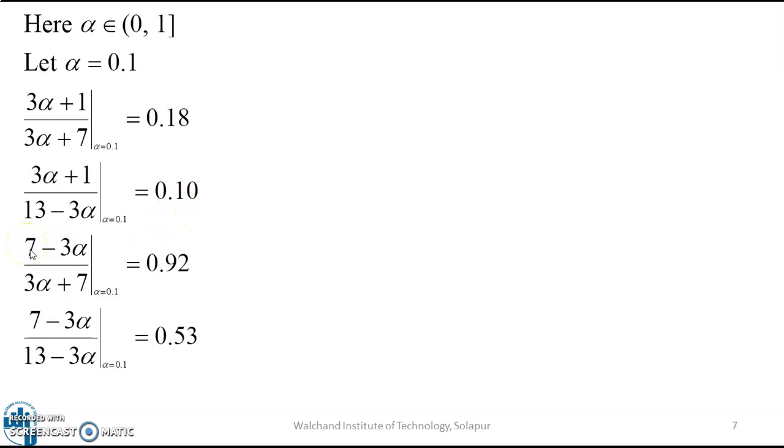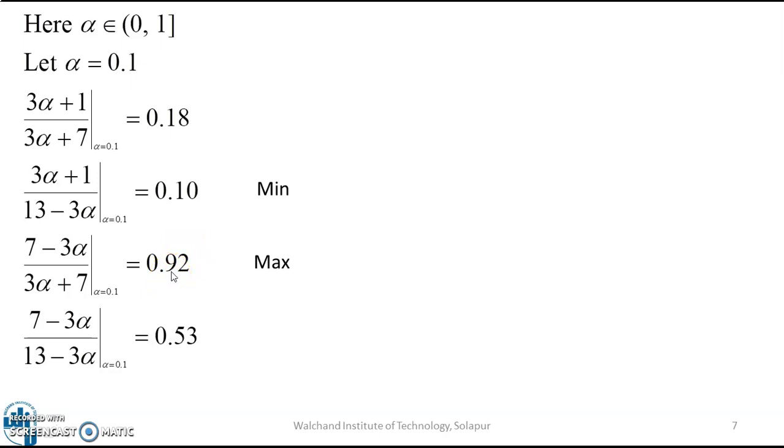Calculating the third expression, (7 - 3 alpha) upon (3 alpha + 7) at alpha equal to 0.1, we get it as 0.92. And finally, calculating the fourth expression, (7 - 3 alpha) upon (13 - 3 alpha) at alpha equal to 0.1, we get it as 0.53. Now here we can easily see that this 0.10 will be the minimum expression